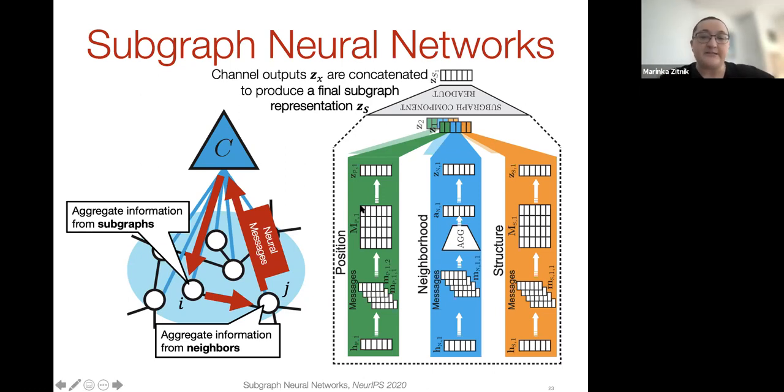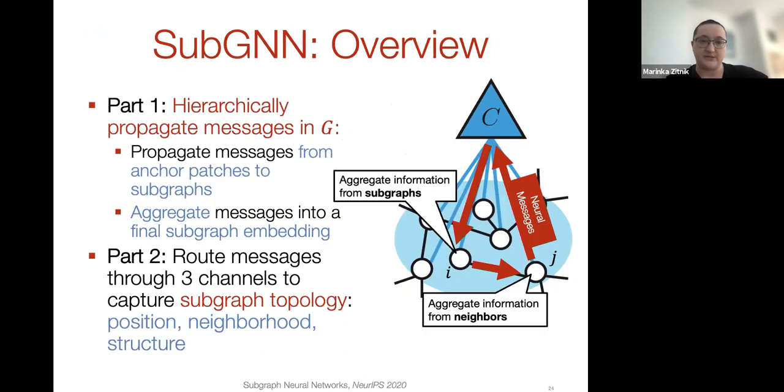Three distinct neural channels, each of which is a neural message passing network, are then aggregated to arrive at the subgraph level embedding. That allows us to generate an embedding for every drug and disease subgraph, and then leverage those embeddings for predicting relations between drugs and diseases.